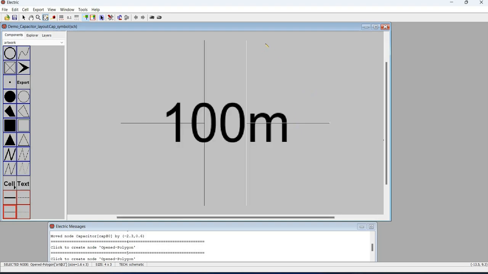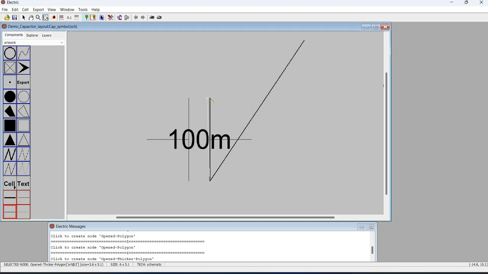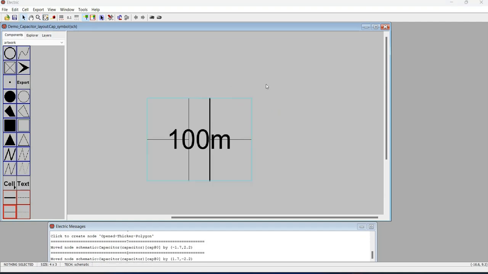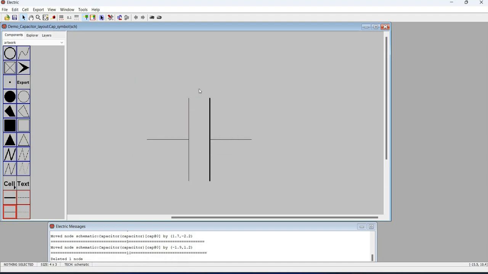Okay. If you want to make this side thicker, you can use this. So after you have completed the symbol, you can now delete the original pattern.